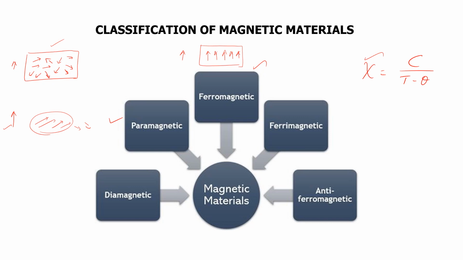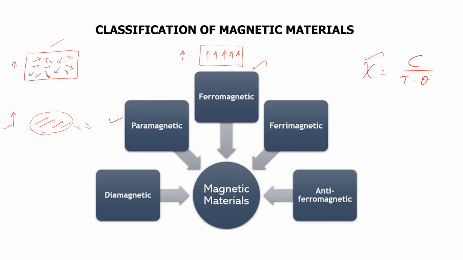When the temperature is greater than the Curie temperature, a ferromagnetic material becomes a paramagnetic material. Then permeability is much greater than 1. If you take the examples, it is nickel, cobalt, iron, all these are examples of ferromagnetic material. Then